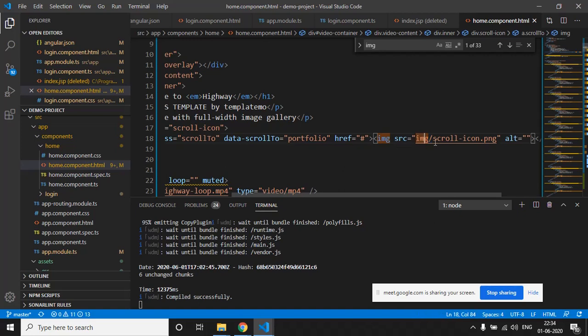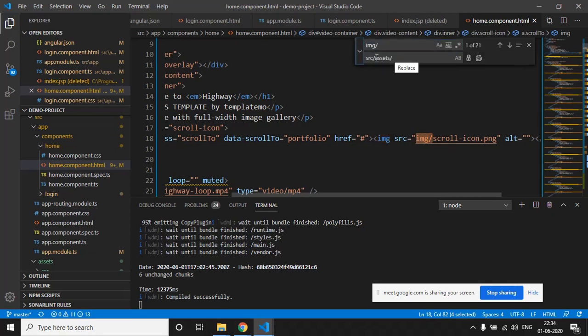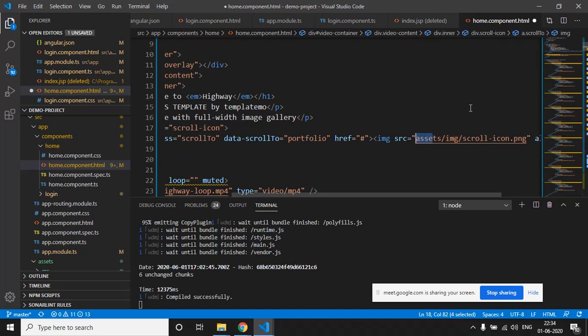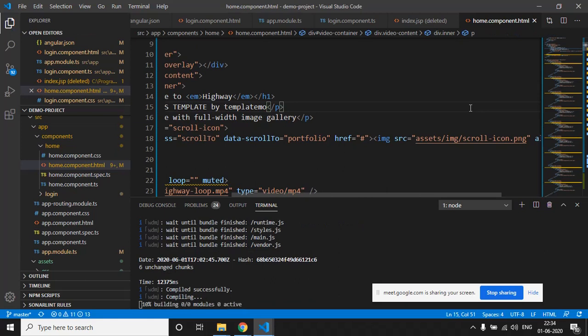So we just have to replace all these paths from the assets. So we will just do this, from the assets and img slash. We will just replace all the paths with this assets path. Save it and let's have a look if we can see the images or not.